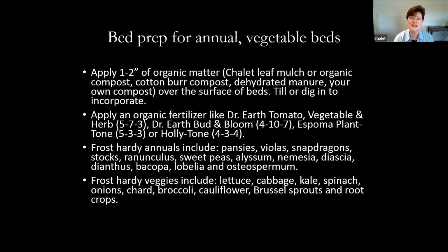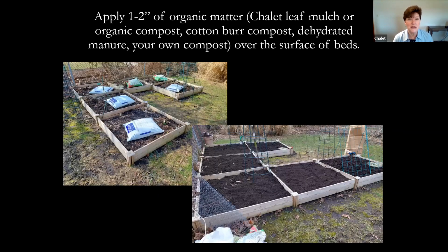All right. Now this is the bed prep for annual and vegetable beds. So what you want to do is apply 1 to 2 inches of organic matter, like Chalet leaf mulch, or the Chalet organic compost, or cotton burr compost, dehydrated manure, or your own compost over the surface of all your